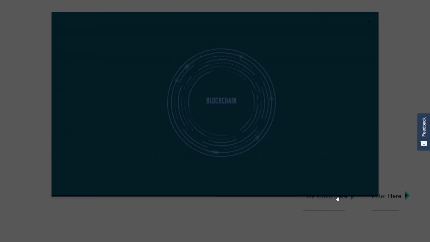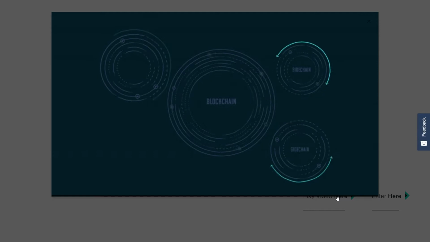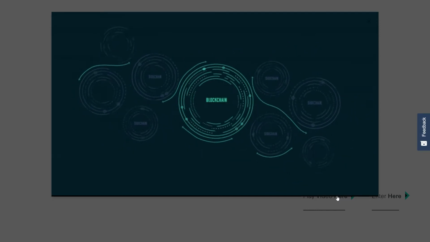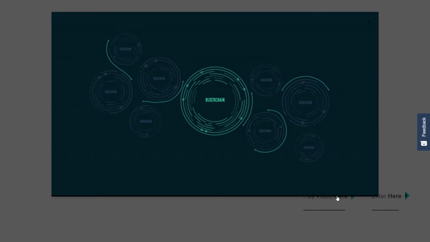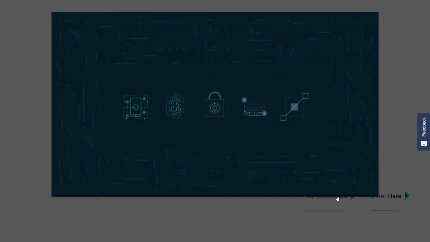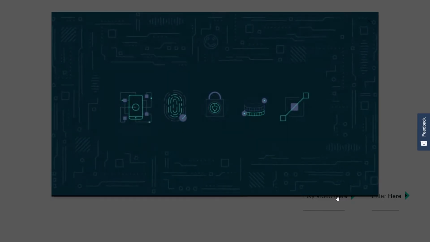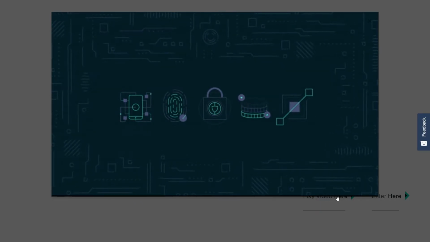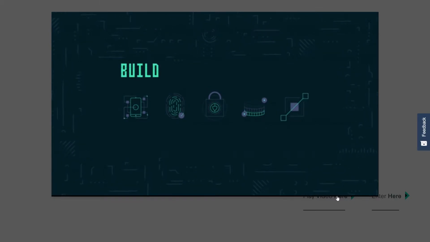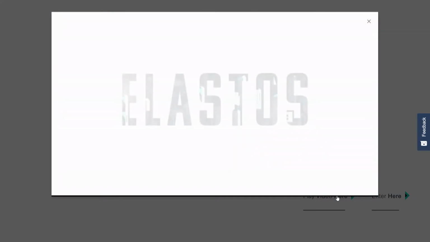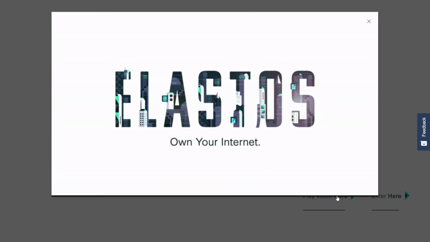Unlike congested blockchain projects, Elastos dApps utilize sidechains to provide their own chain and near-infinite scalability. Sidechains can have their own tokens, smart contracts, and integration into Elastos. Elastos is the infrastructure for the new Internet, providing a decentralized platform for apps, data ownership, a virtual economy, scalability, and ultimate security. New applications can be built on it, current applications can integrate with it, and other blockchain projects can join it. Elastos. Own your Internet.